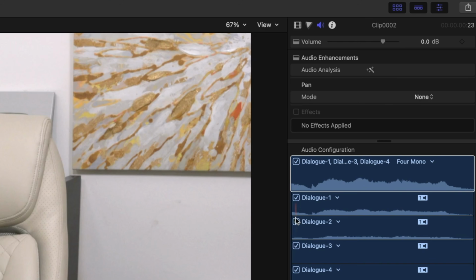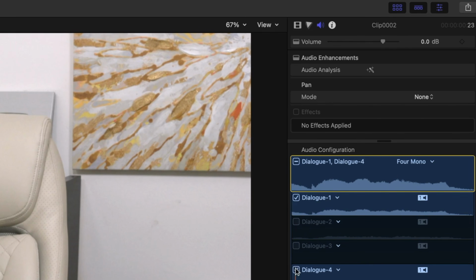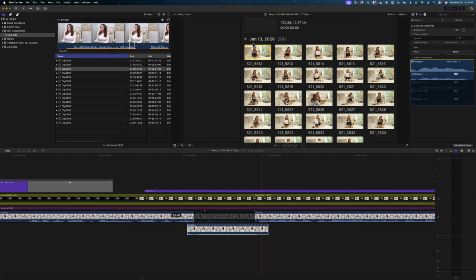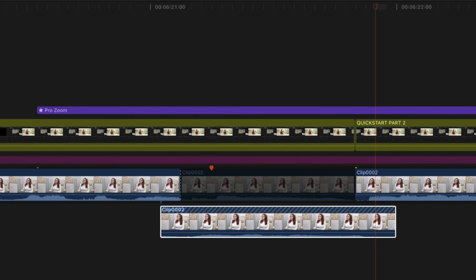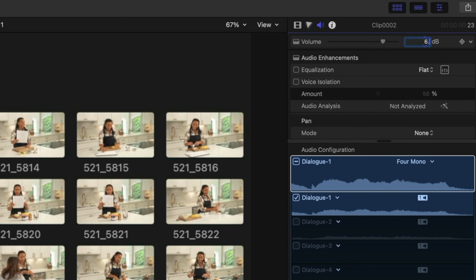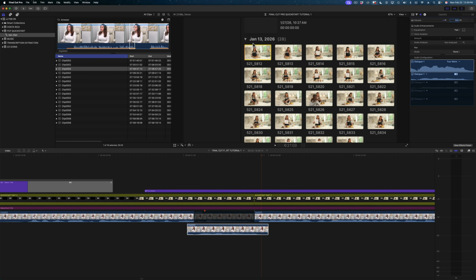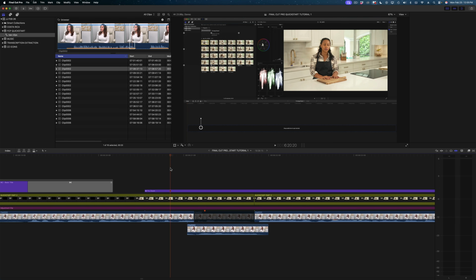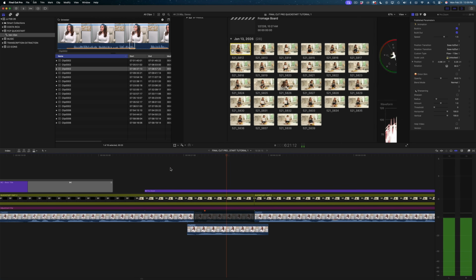And in my audio inspector, I'm going to disable the channels I don't need. And then I'm going to check the volume of the previous clip and make the volume match on my inserted clip so I can really get a good understanding of how this is going to sound. So let me just play it back and listen. In our browser, and